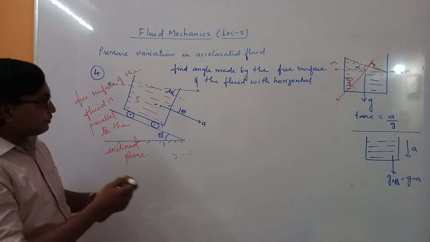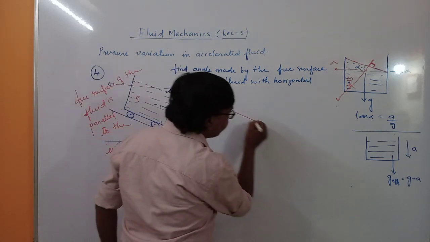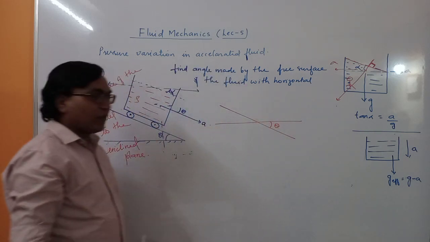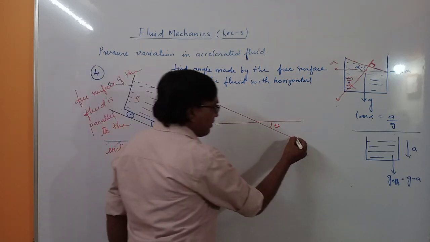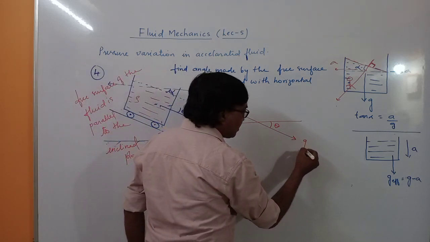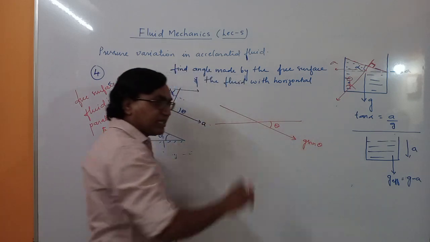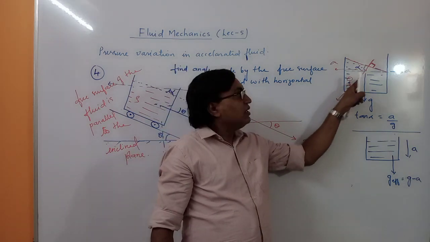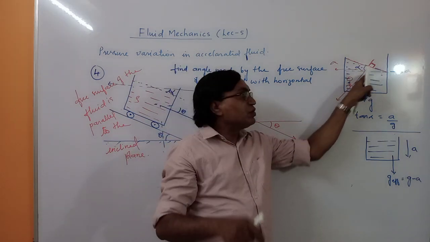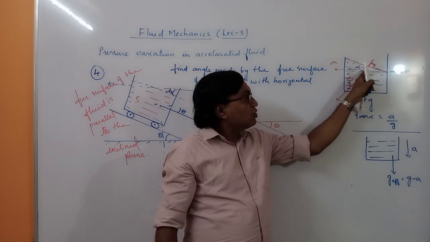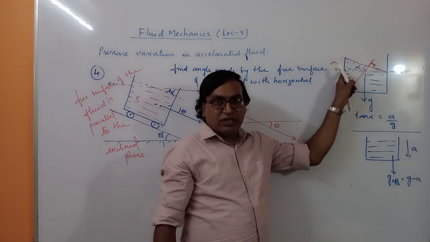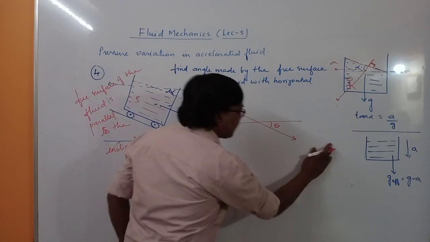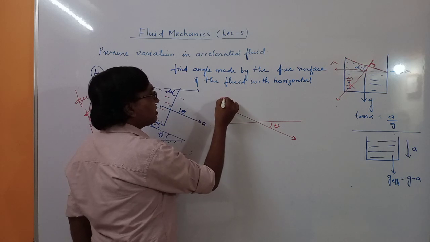So I will take an inclined plane. This is horizontal, this is angle theta. Fine. Now the acceleration we have along this direction is g sine theta. But when you are in this frame, we will take a corrective force because this is a non-inertial frame. So the pseudo force will be along this direction, and that will add to the acceleration.